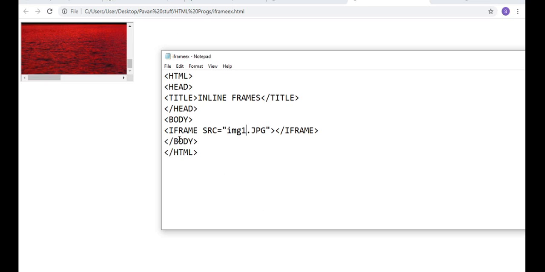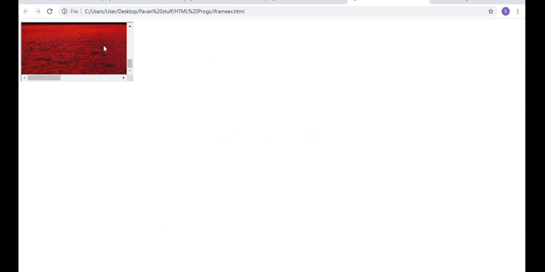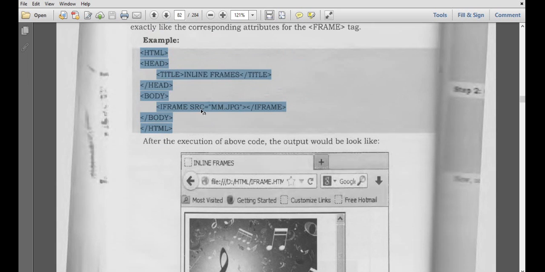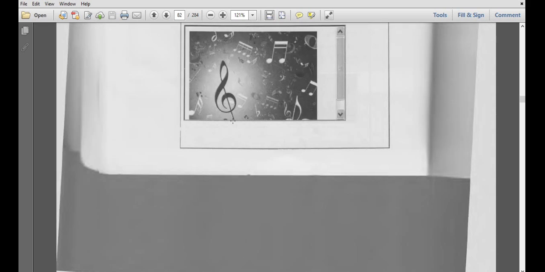A frame inside another frame is called an iframe. The source will be img1.jpg, whatever image we have is displayed here. These are inline frames. For that we use the iframe tag, iframe src equal to the file you want to insert into that frame.